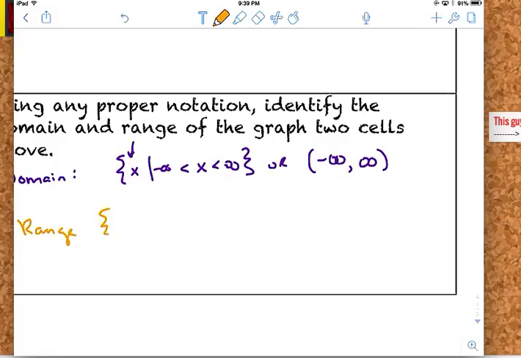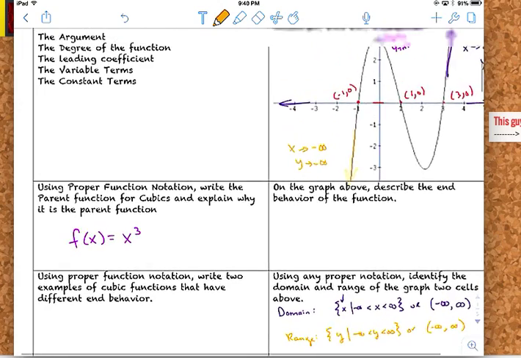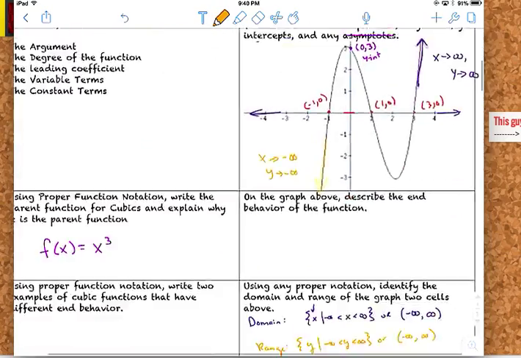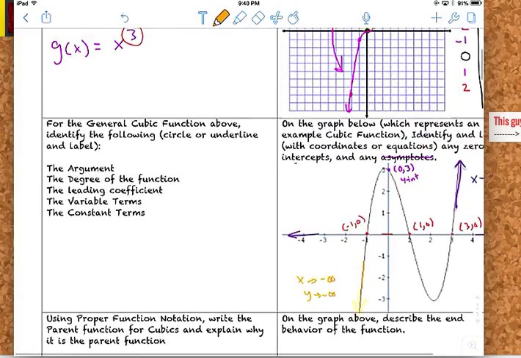So you can define the range to be the set of all y values, such that y is smaller than infinity, but bigger than negative infinity. Or again, if you want to use bracket notation, we cannot use a value, but it starts at negative infinity, ends at infinity, we cannot use a value. And so that's more or less the big piece of information you should always have or think about when you